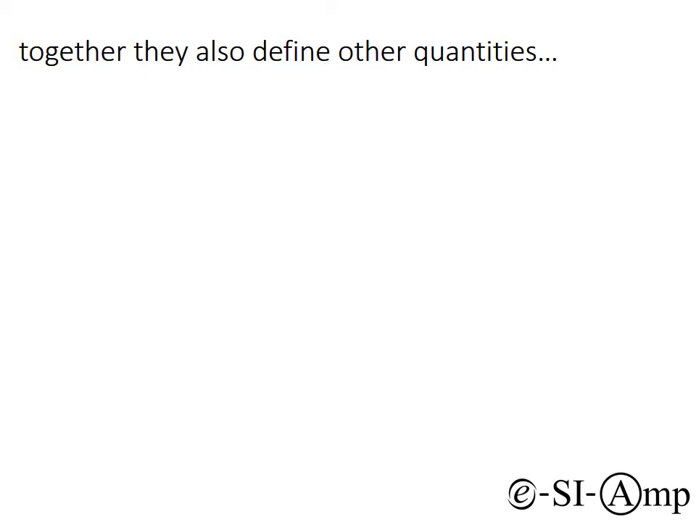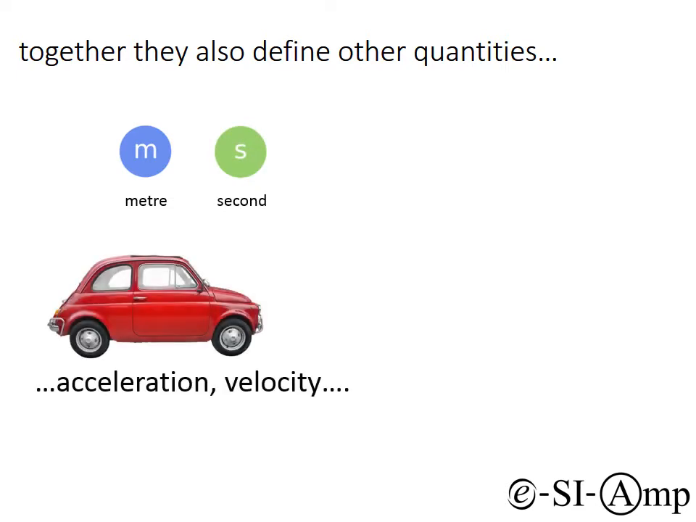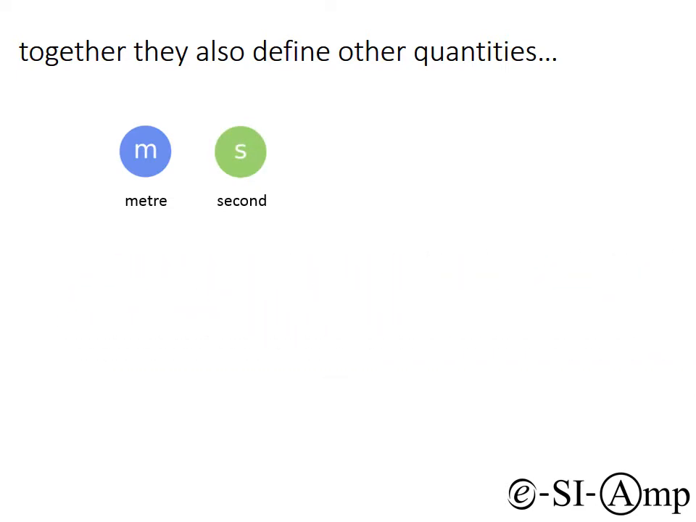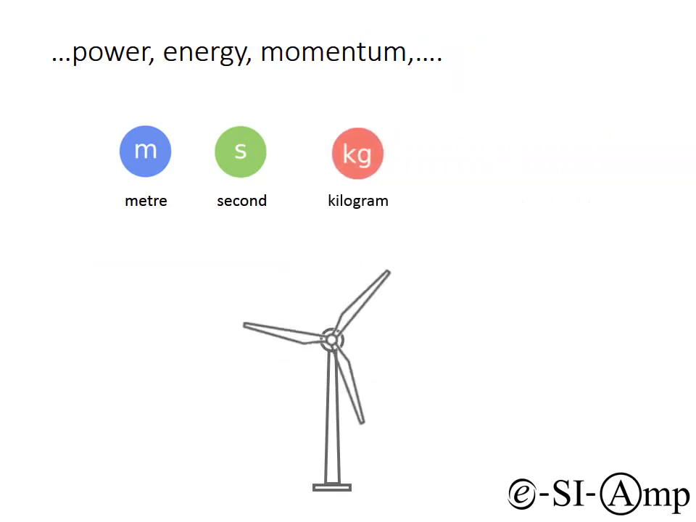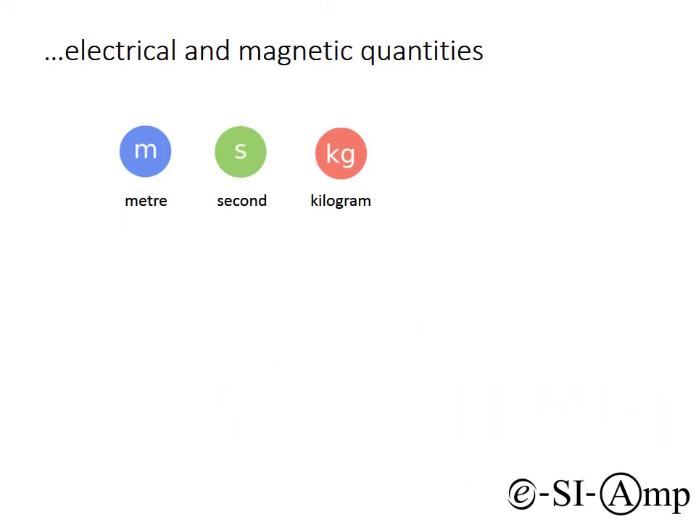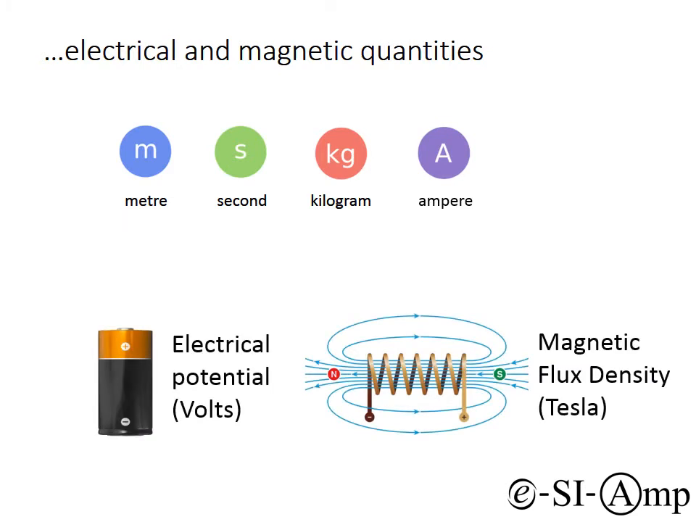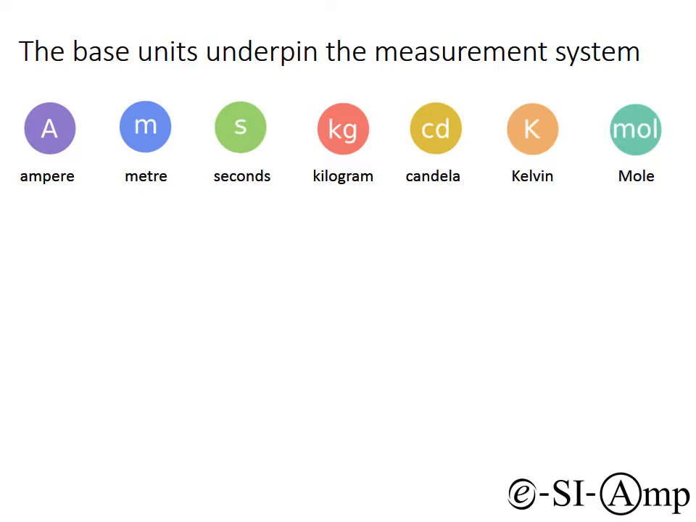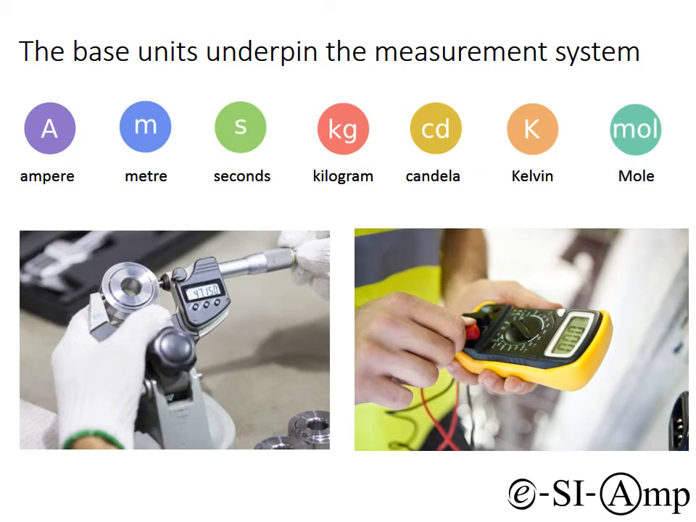Taken together, the base units can be used to define other quantities. So the meter and the second can be used to form a definition of acceleration and velocity. Add the kilogram, and power, energy, and momentum quantities can be defined. Add the ampere, and electrical and magnetic quantities are defined, such as the volt or the Tesla. The base units underpin the entire measurement system. They sit at the top of the calibration chain, both for the quantities that they define directly and those derived